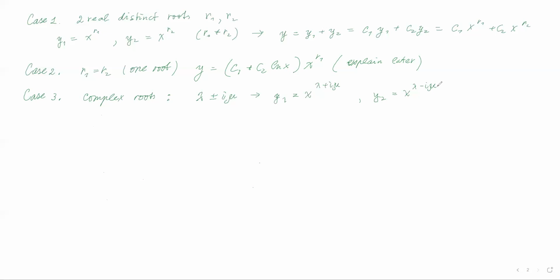But if you want to generally write it down like a real solution, you will need to work a little bit on these complex conjugates. I'm going to start working with solution y1. So for y1, I'm going to write it down like x to the power of lambda plus i mu. And because the sum of the powers can be represented as a product, I'm going to write down x to the power of lambda by x to the power of i mu, right? Now, x to the power of lambda is going to stay. But x to the power of i mu can be turned into sine and cosine, right?